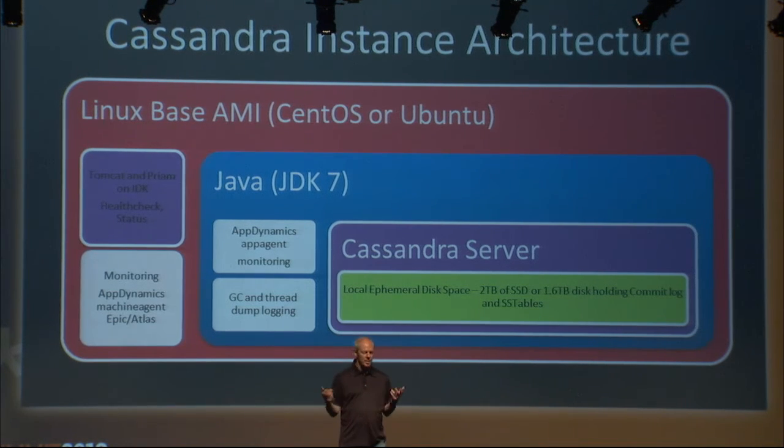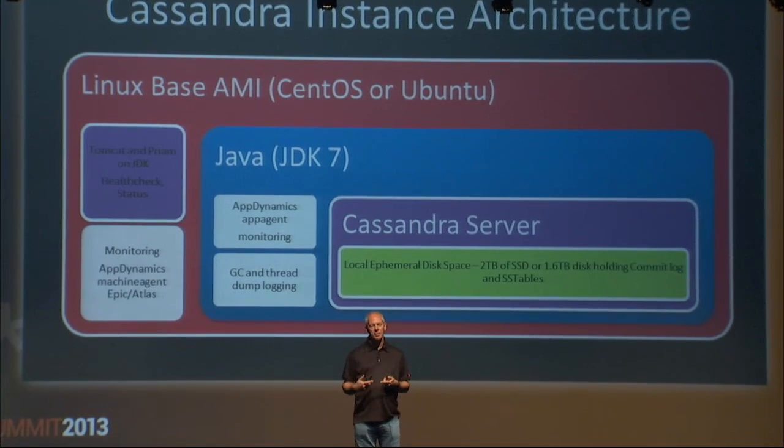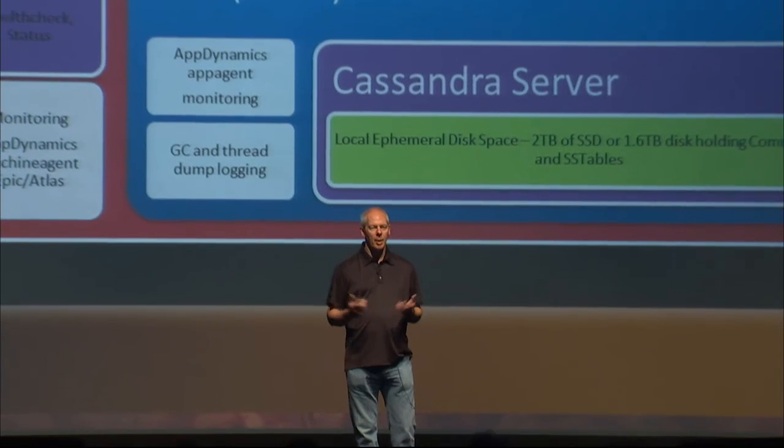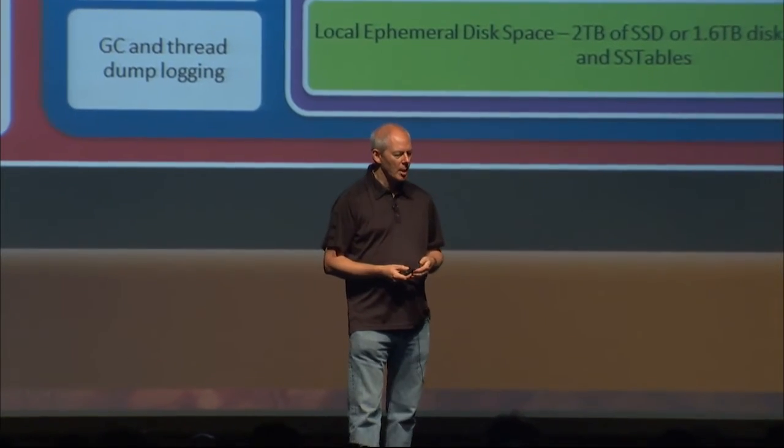Commit log and SS tables are all written in there. Just want to make sure people understand we're not using attached storage. We're using the local ephemeral storage, and that's been working very well for us. That way, when you talk to the SSD, there's no network getting in the way. You can get a gigabyte per second for SSD at around 1/10 of a millisecond, random access. You can do 100,000 IOPS of read or write traffic. And at that point, all your "oh dear, I'm doing a compaction" problems sort of go away. It's a very nice system.